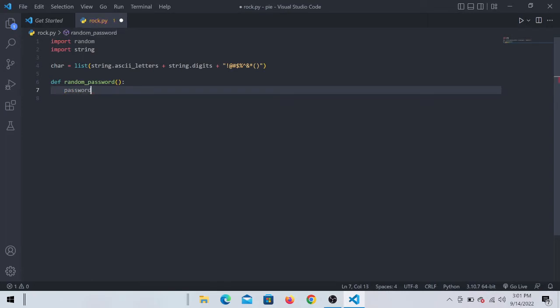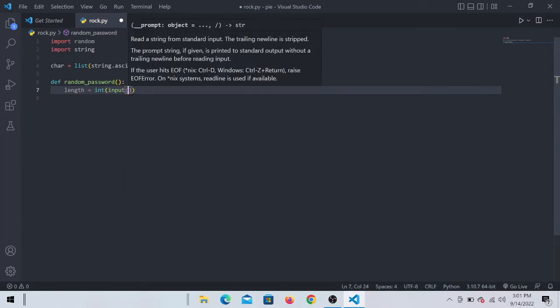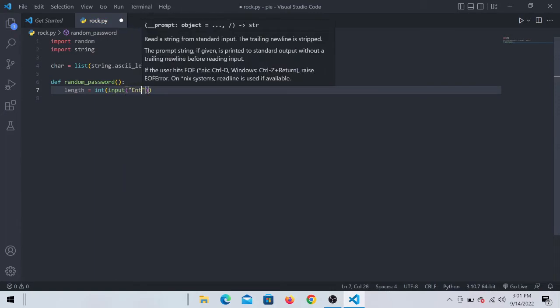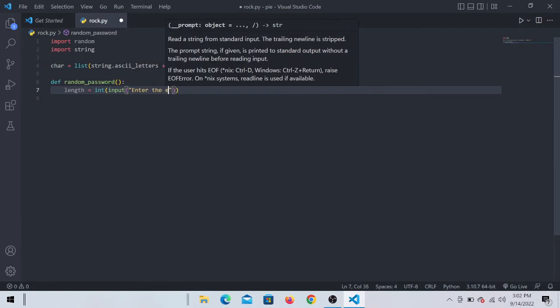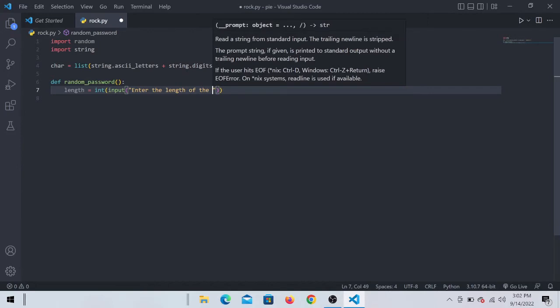Let's name it length. I think that would be fine. Then I am going to convert that input into an integer, and let's enter the length of the password